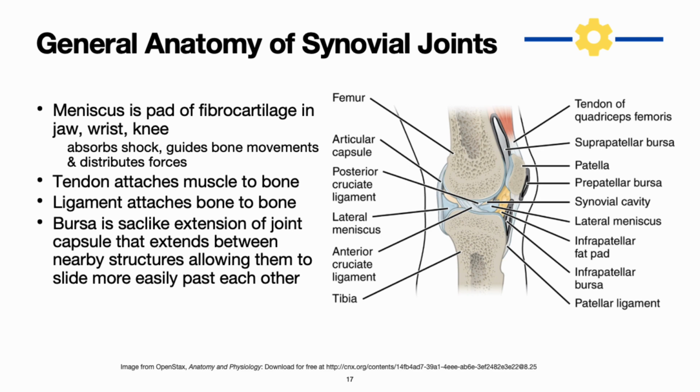And then, not all joints, but a lot of joints have bursa or bursae. A bursa is a sac-like extension of a joint capsule, or a standalone sac of basically synovial tissue. So a bursa is a structure that typically is found between a tendon and a bone, keeps the tendon from